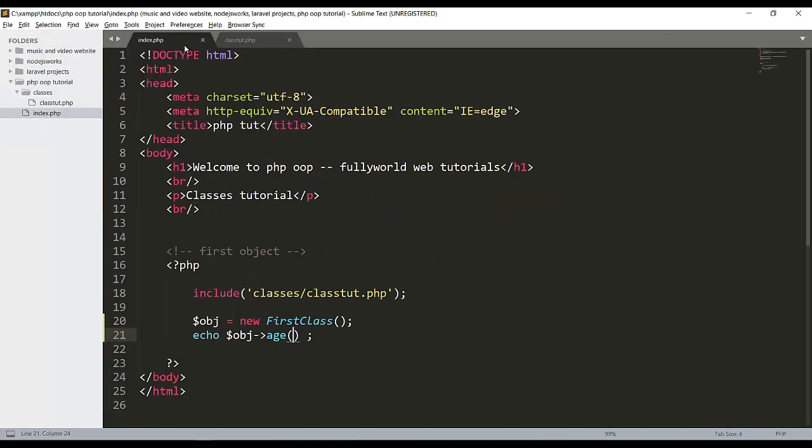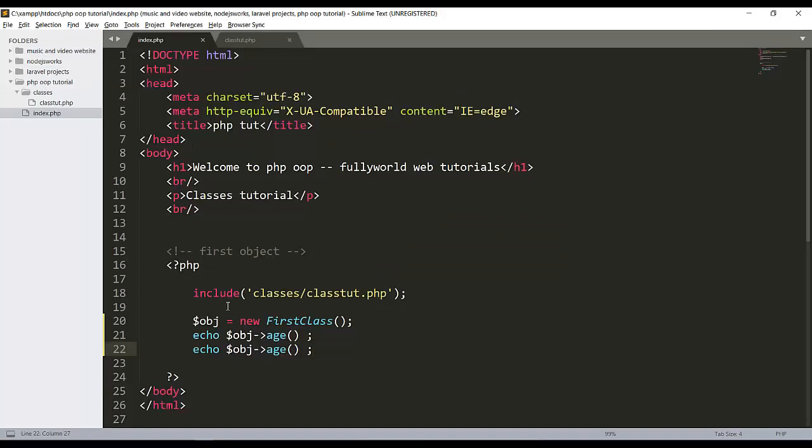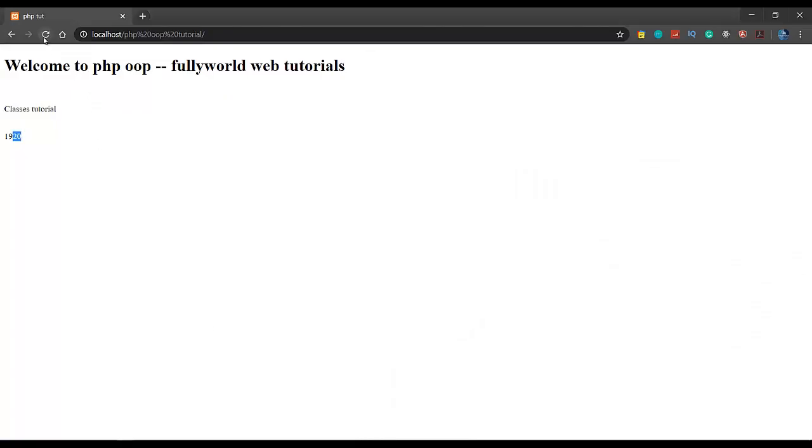So when I again call this, copy this and paste this, see what it will give. It will give us 20, because the value is not initialized again. This is a benefit of a static function. So it will not initialize it again. See that we created another object here. Copy paste this. So let's create a second object and call this. So what will it give?